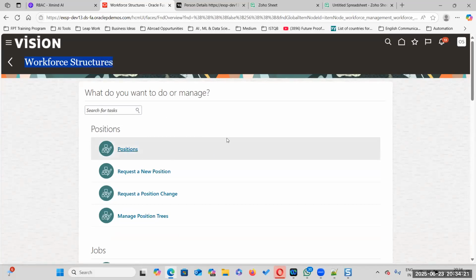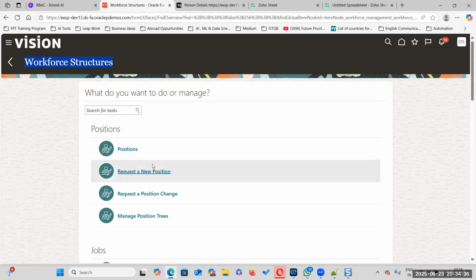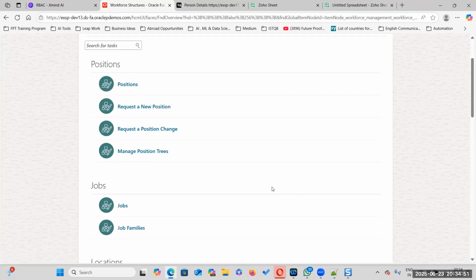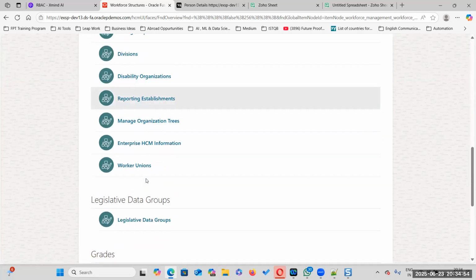So these privileges for this particular person came with which role? HR specialist. Line manager and HR specialist, but the majority came from the HR specialist role. But HR specialist comes from which role? What type of role is it? Abstract? Job role. HR specialist job role. Very good. HR specialist is a job role. So that's why you are able to do a lot of activities.